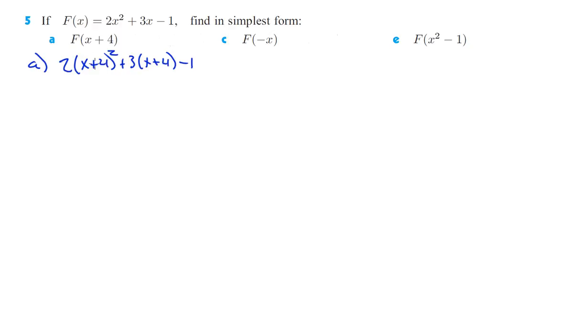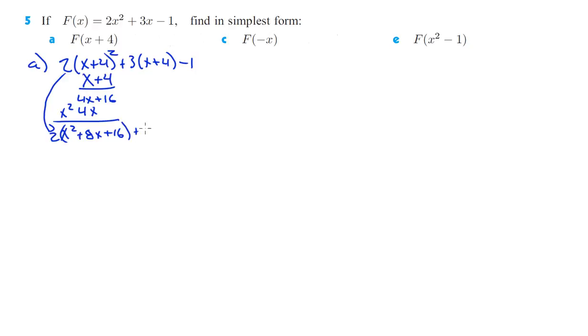So please, please, please don't do x squared plus 16. That is not what this is. We did that all throughout chapter 8. So you should hopefully remember to either FOIL this out, or I like to stack one on top of the other. 4 times 4 is 16. 4 times x is 4x. X times 4 is 4x. X times x is x squared. Right, so this gives us x squared plus 8x plus 16, and that whole thing has a